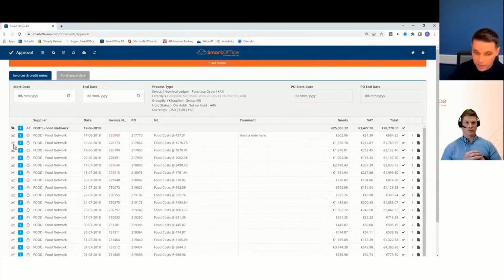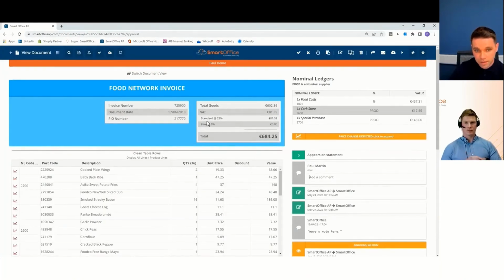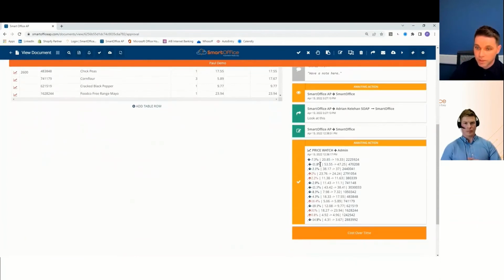A proprietary technology that we have built into the system, which is very, very powerful, is a feature called Price Watch. And what we do here, the brain, because it captures absolutely everything on the system, also captures every single part code and product individually. And what we will give you when you have multiple invoices coming in for the same product over time is price information and ledger. So we actually capture and notify you whether a price has gone up, down, left or right, link you to the product, link you to the last time it was purchased, and give you full analysis on the movement of your supplier cost.